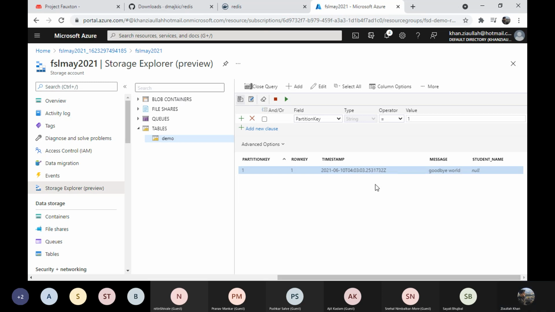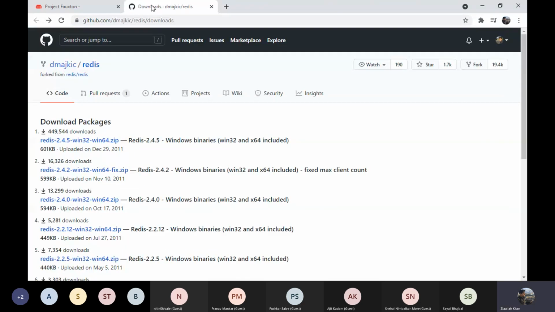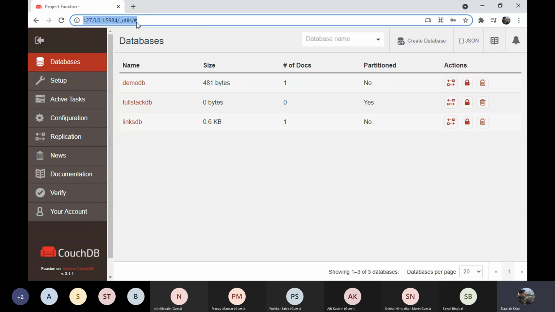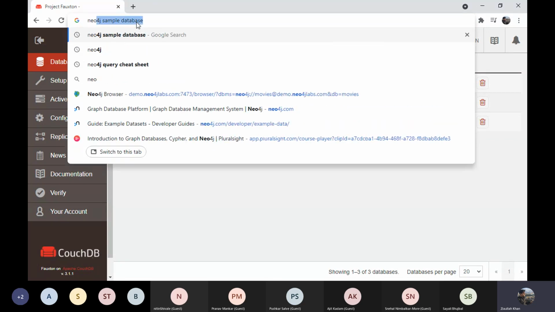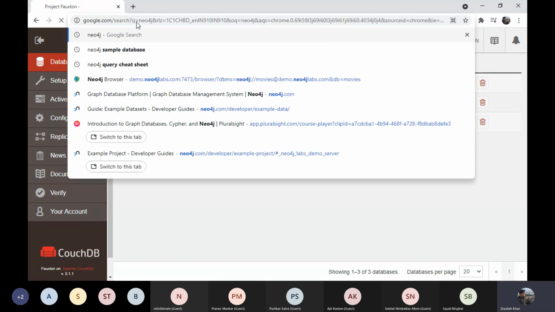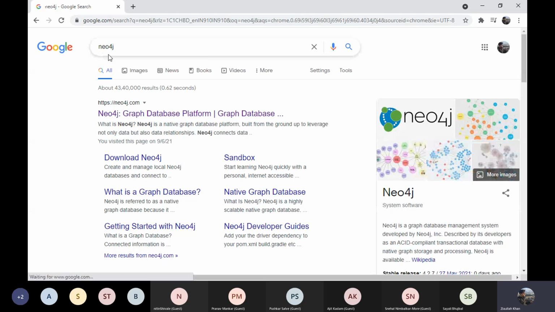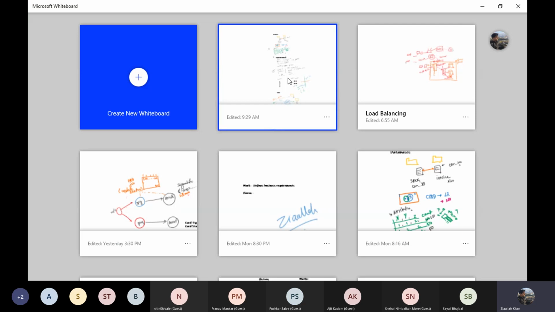We're going to move to the last topic for our databases section, and it is called Neo4j. Neo4j is a graph database implementation. And if you remember our discussion from here,